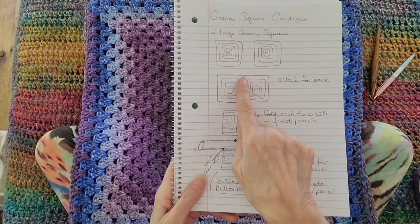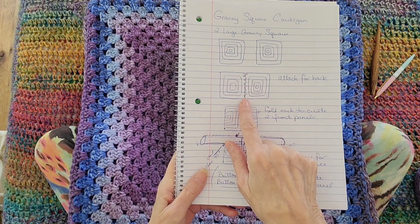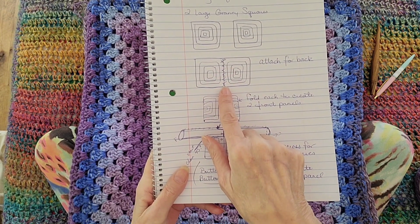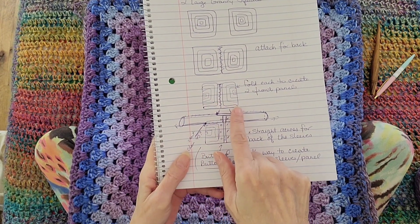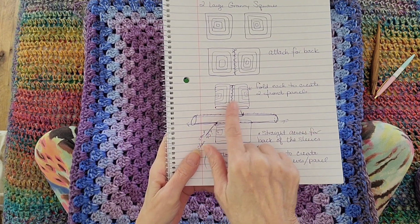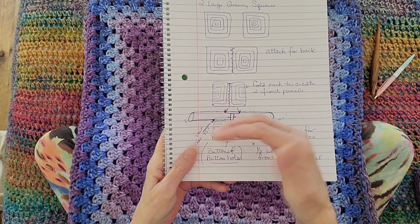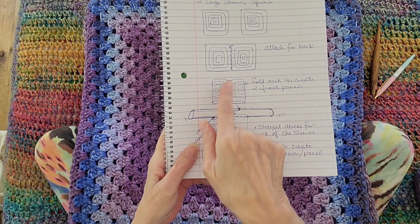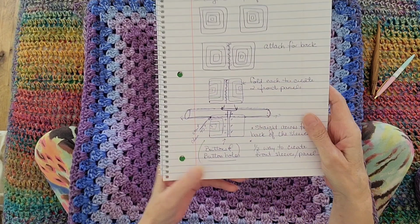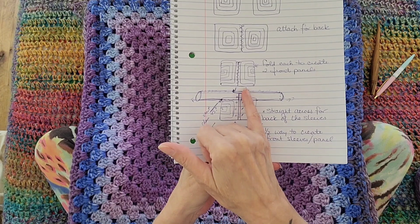So I'm going to attach the 2 squares together, and that's going to be the actual back of the sweater. And then fold in the sides in half, and the front side here is going to be the front panels. And I'm not going to attach the front panels because I want this to be a cardigan. Okay. Then when you have it folded properly,